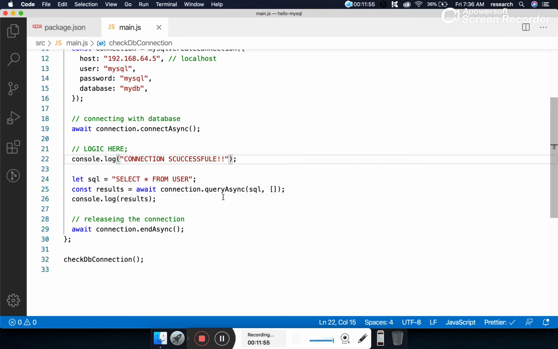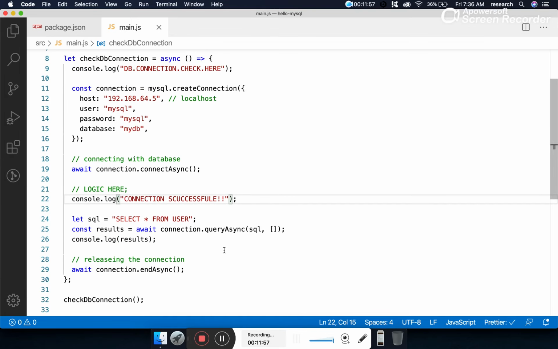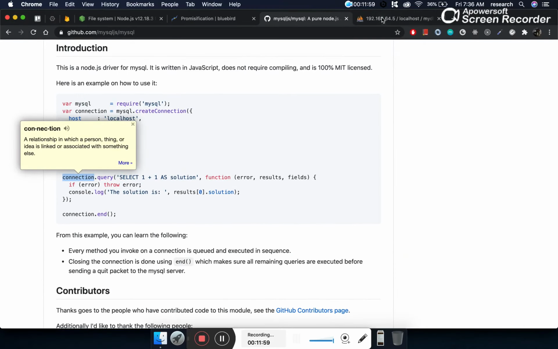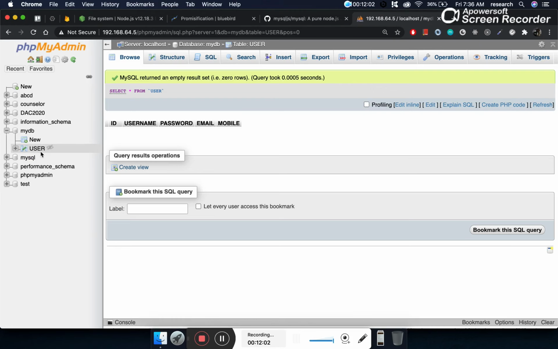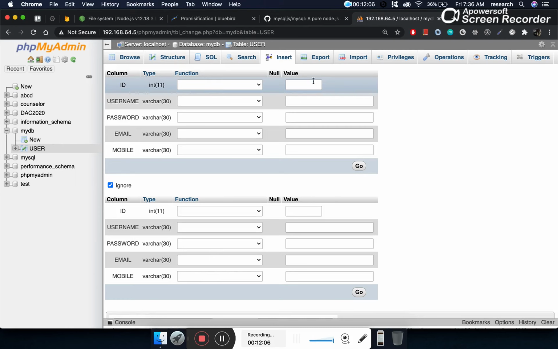Okay, so let's run the program one more time. But before running the program, I will go to the database and add some records in this table. Right now there is no record, so let's add a record.